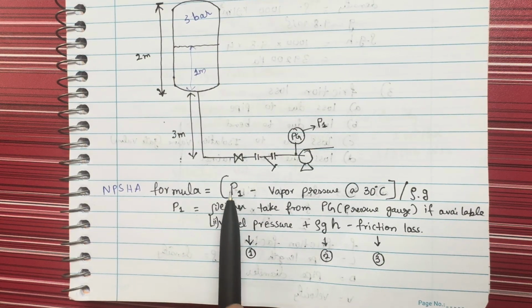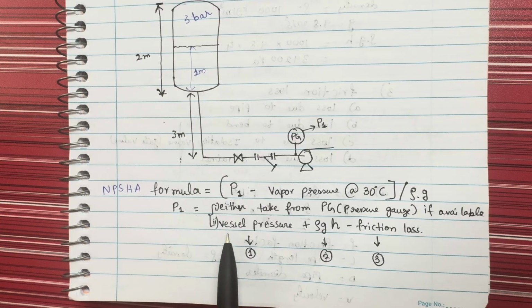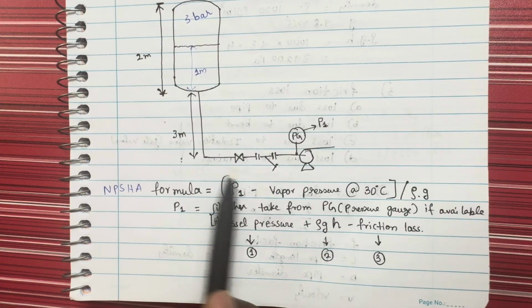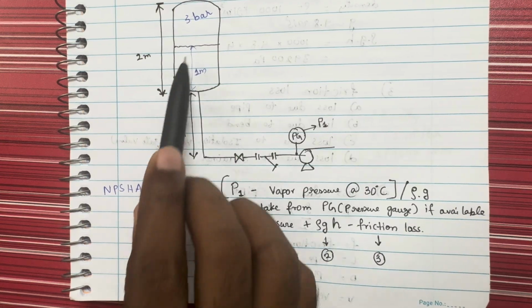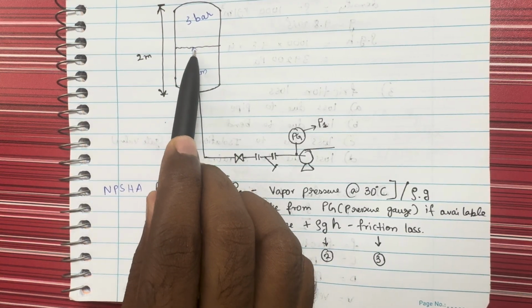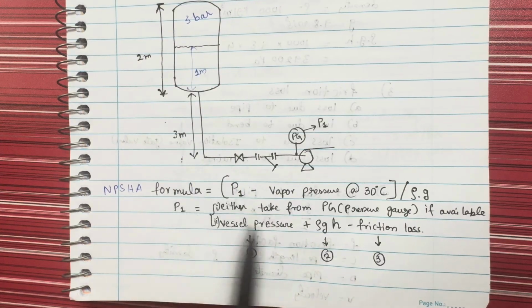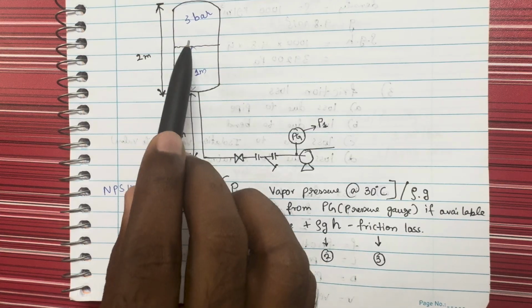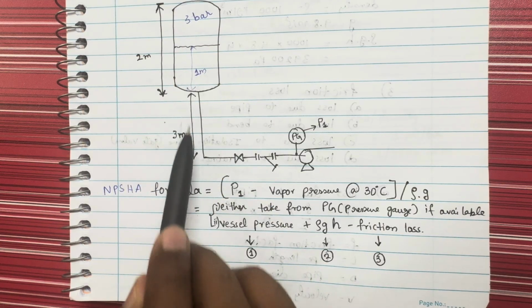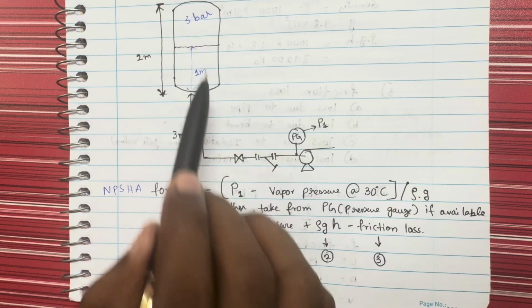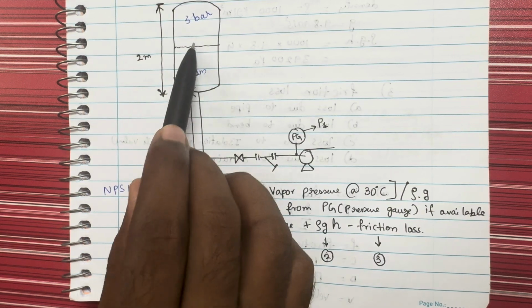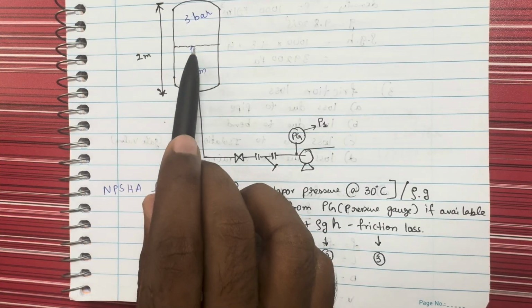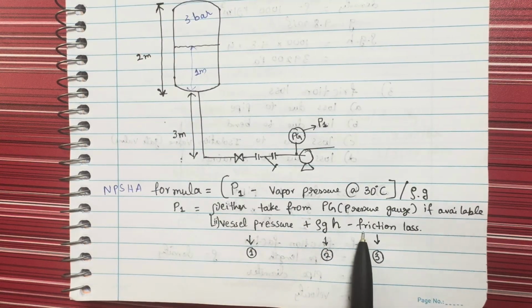The formula to calculate P1 will be vessel pressure, which is 3 bar, plus rho g h, density into gravity into height of this water level, which is 1 meter plus 3 meter. This height you have to consider vertically, that is, what is the height of the water from this point till this point. That will be the water height. That height you have to consider, so it will be 1 meter plus this 3 meter, 4 meter, plus